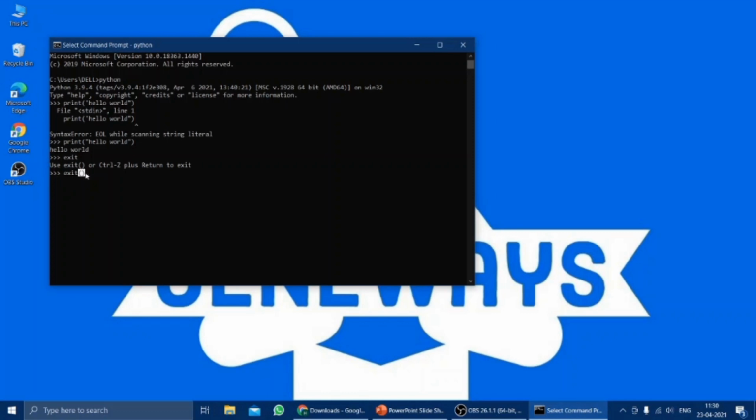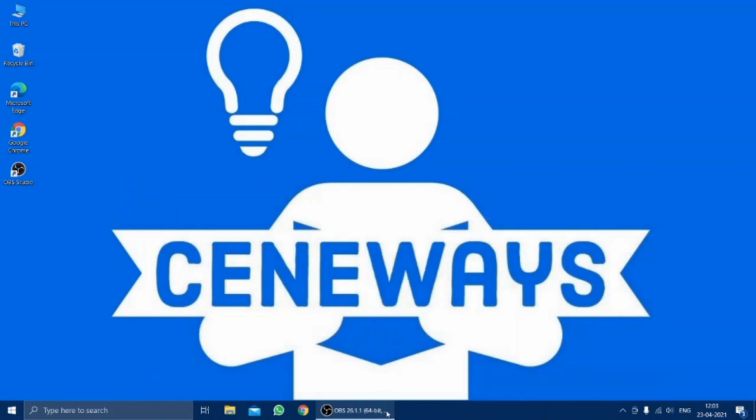So we can use this exit function to exit the screen. So I have written the exit function, exit followed by parenthesis. So press enter. So it has successfully exited the screen. Now Python is installed and all ready for use.